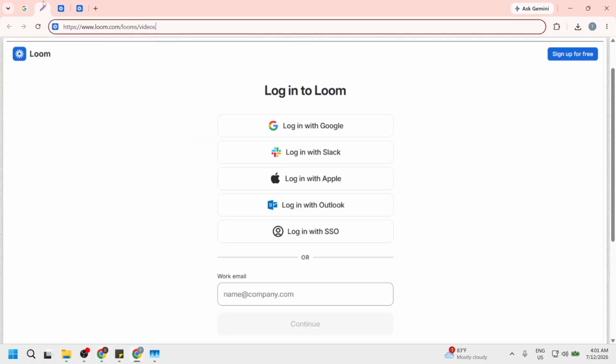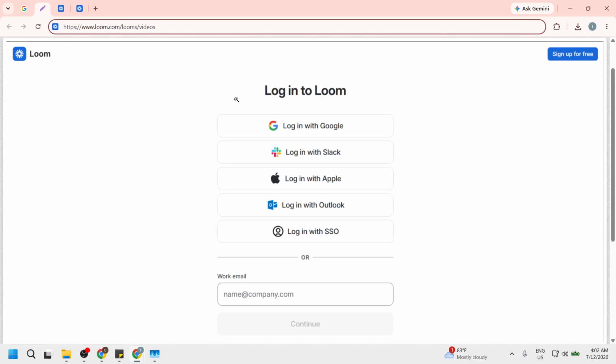This action will direct you to the Loom homepage. Here you will find all the tools and resources you need for video creation and sharing. Clicking the right link is important because it saves you time and frustration, making sure you reach the site without any detours. You can see the layout and features of Loom, which are designed to enhance your video experience.